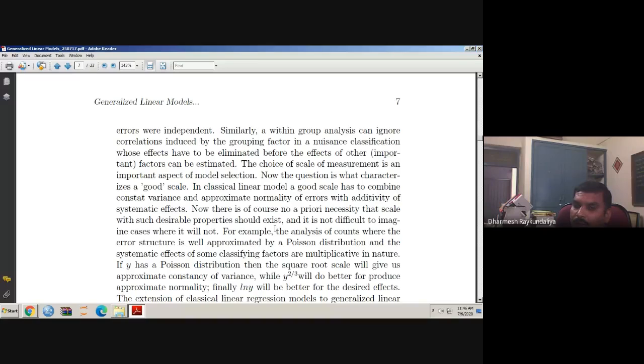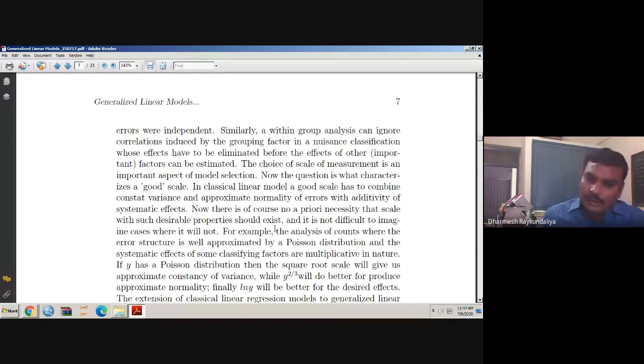If we take the square root transformation of y, it will give the constant variance. Because as we say, the scale of the distribution or the scale of the data is very important. So what do we mean by a good scale? One having constant or stabilized variance, having the additivity effect, and third, having normal errors. So if y is a count having a Poisson distribution, if you take the square root, then